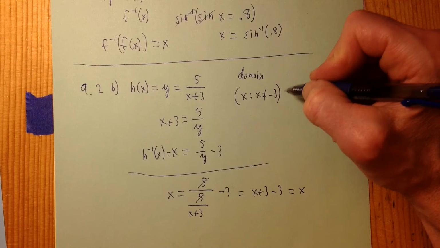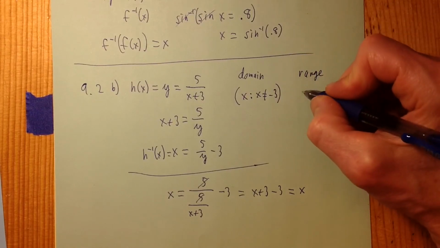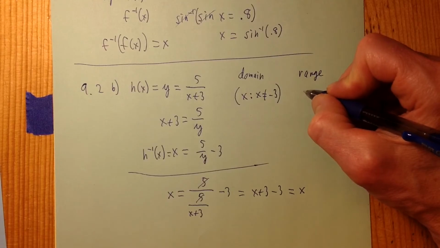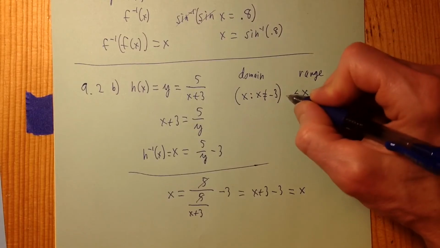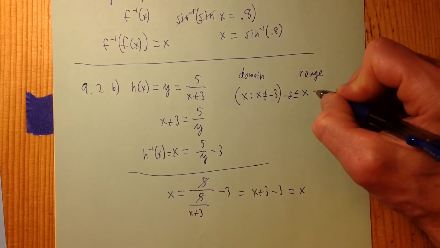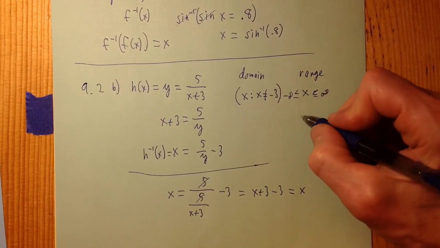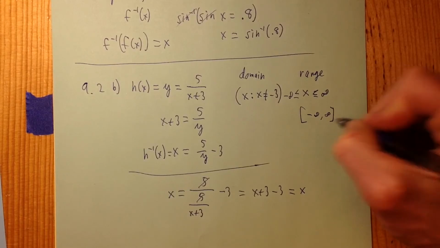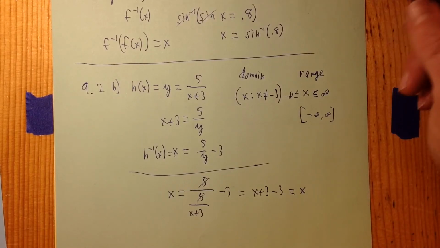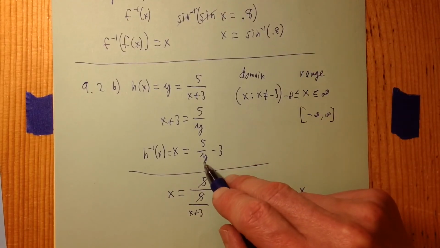So the range for this thing is pretty much anything, and so we can say greater than or equal to -infinity, less than or equal to infinity, or you could just say -infinity to infinity. Yeah, so the range can be anything. So of our inverse function here,